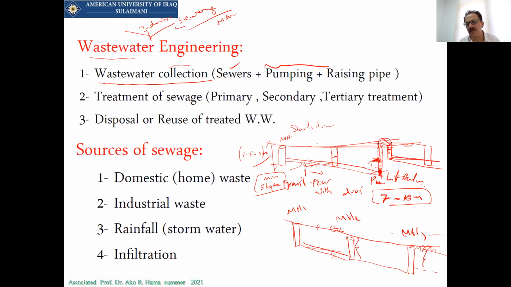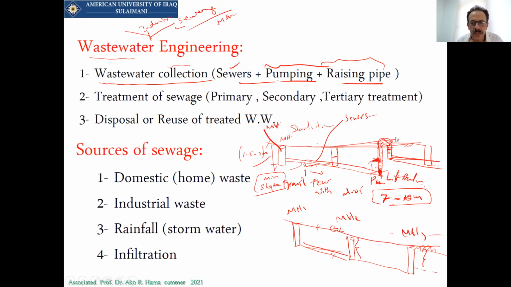So you can see we have 2 manholes. This is called a drop manhole, and so on. This will be within the specific flat area. Now this is what we have: the manholes, the sewers, and the pumping and raising pipes. This is what we have for the collection. So for the case of the flat area, the pump that we are using in the lifting stage...